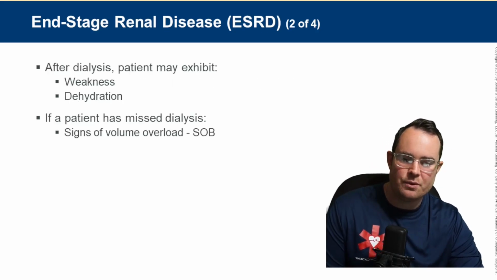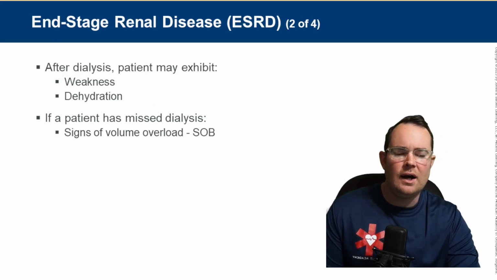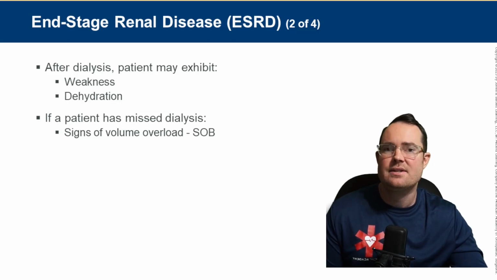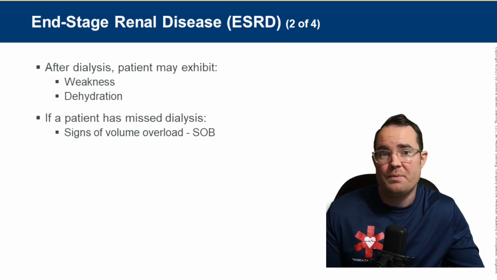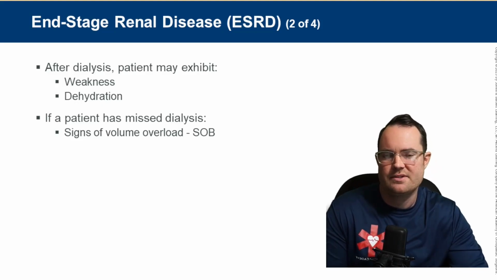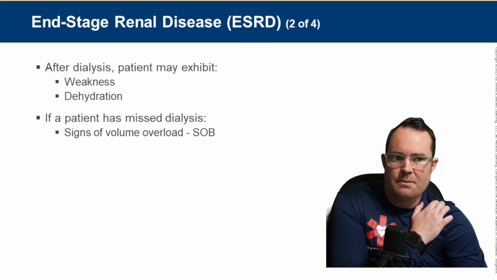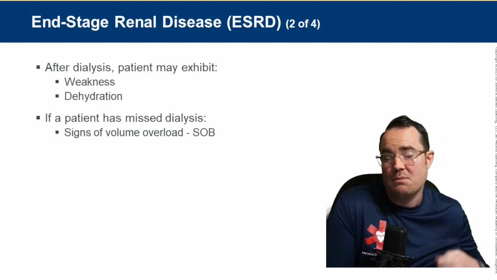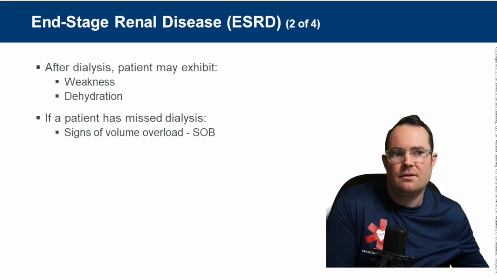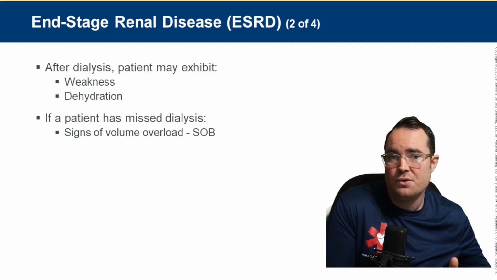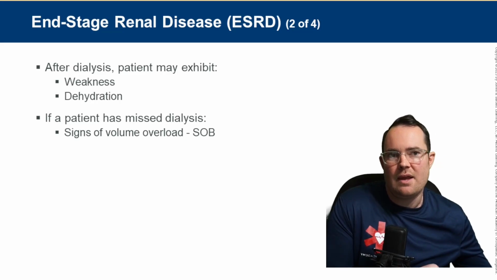After dialysis, the patient will exhibit weakness and dehydration. One thing about dialysis is understand this: patients that are dialyzed, which might be every 2 to 3 days, will be on a schedule and they're there for a long period of time. And it's unfortunate. These people get put on these machines where their blood basically gets filtered through a machine, and that machine acts as the patient's kidneys. So they might be in that place for 5 hours, 2 to 3 times a week, and they become very